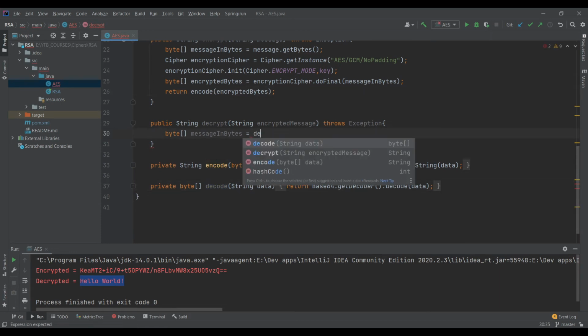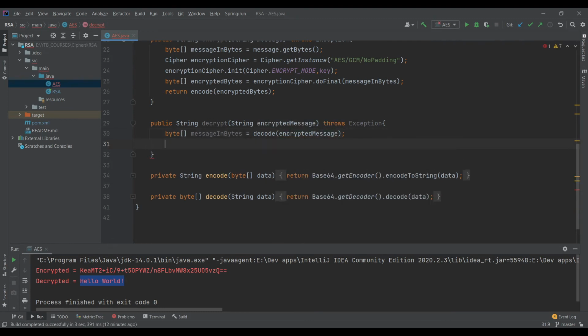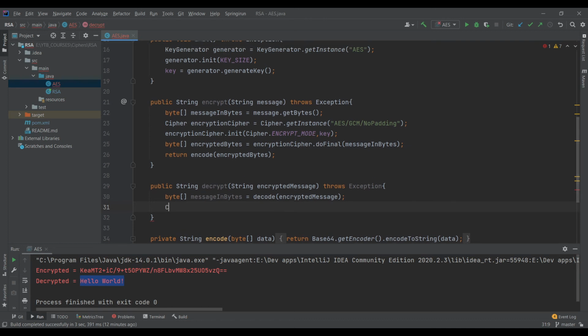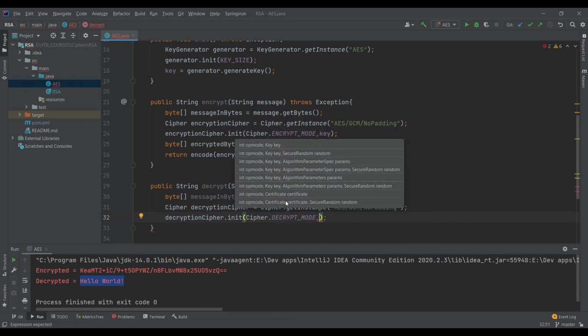It's like a reverse process. So decode the encrypted message, and we will need to create a decryption cipher. So Cipher decryption cipher equals Cipher.getInstance, same thing, AES/GCM/NoPadding, and we need to initialize the decryption cipher with the decrypt mode,